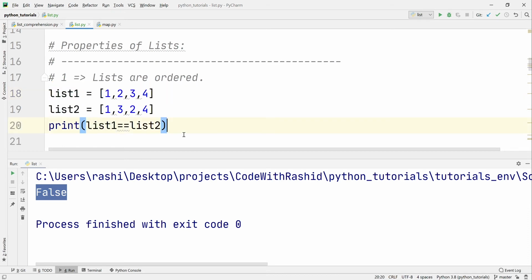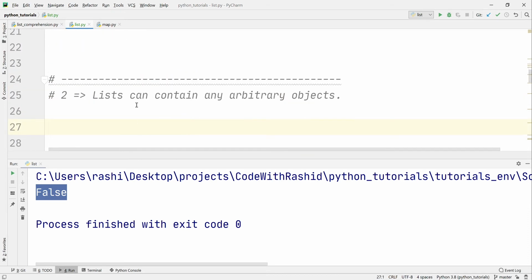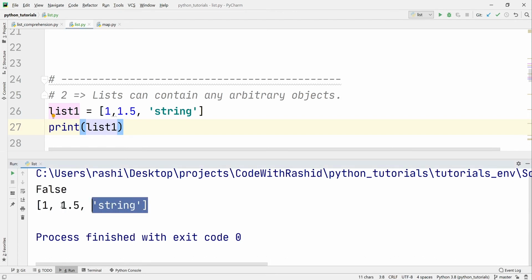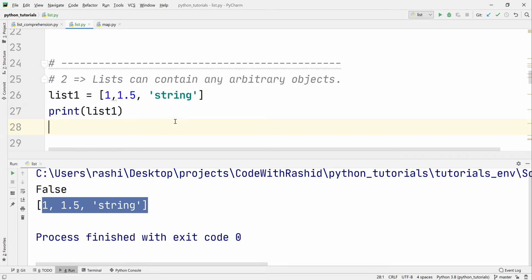Now we will see the second property, that is lists can contain any arbitrary objects. What does it mean? It means that a list can store different types of objects. Like we will take list1 is equal to, we'll first put an integer number, then we'll put a float number, then we'll put a string. Now what if I print the results? List1. I will execute this program, then you can see that we have printed all the different types of objects. So it means that a list can store different types of objects, but not only different types of